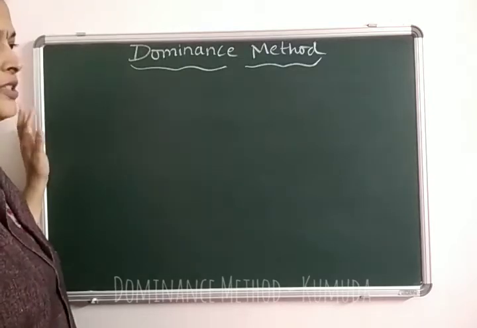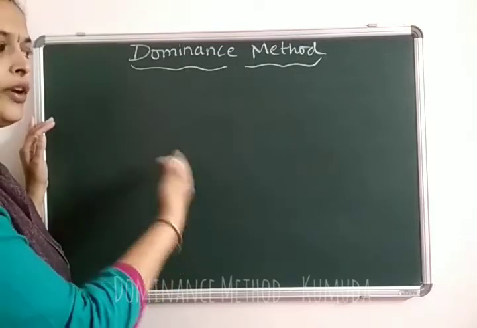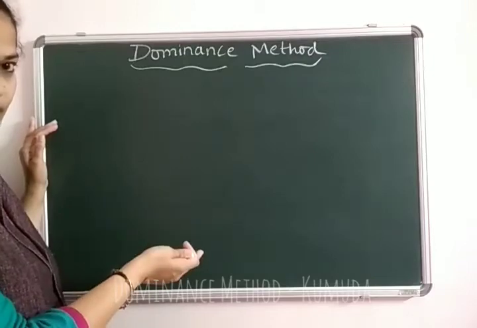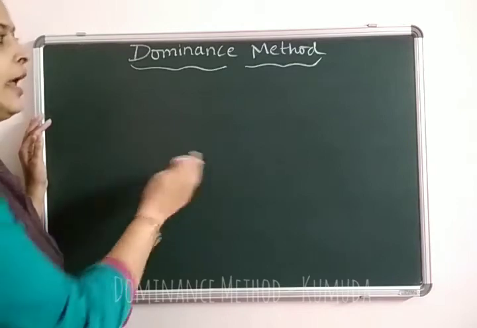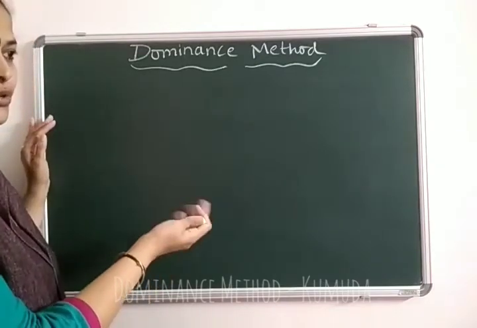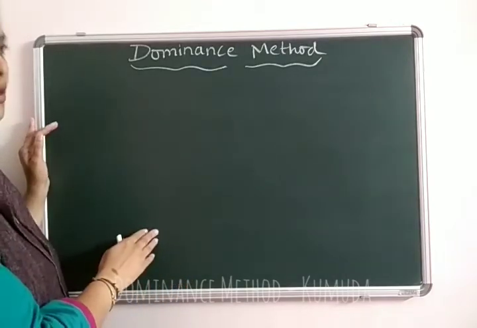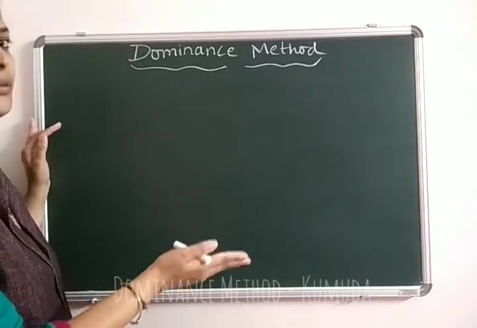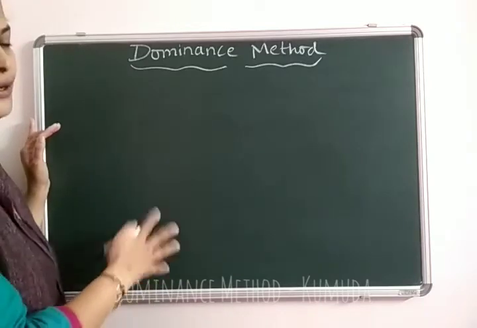Generally we start with a payoff matrix. We try to find the saddle point. If we have the saddle point, that gives us the solution. In the second step, we check if we have a 2 cross 2 matrix. If it is 2 cross 2, then we directly solve using the odds method. And if we have a payoff matrix that is more than 2 cross 2, that means the rows are more or the columns are more, then we apply the dominance method. That means we use the principle of dominance to cut down the matrix into 2 cross 2. That is, either the rows are cancelled or the columns are cancelled, depending on the condition.